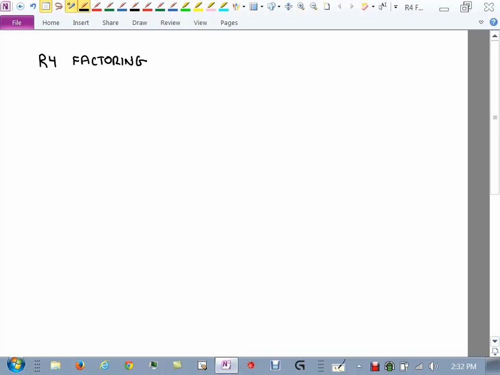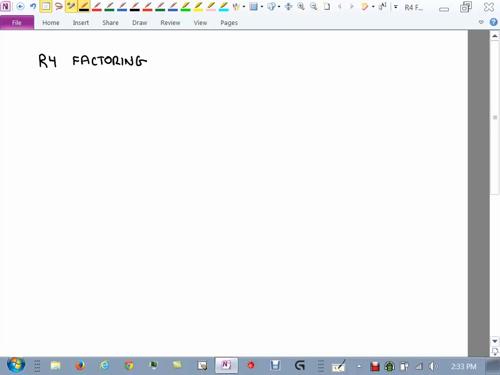Now, this is actually a section in the book, okay? R stands for review. So this is the fourth section in this book on review, and that fourth section has to do with factoring. Prior to this section is R3, which is exponents, scientific notation. Prior to that is R2, algebraic expressions, properties of real numbers. And so we're not starting off in the very beginning of this book. We're going to start a little bit into the review.